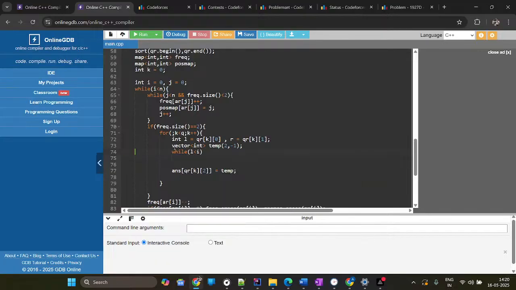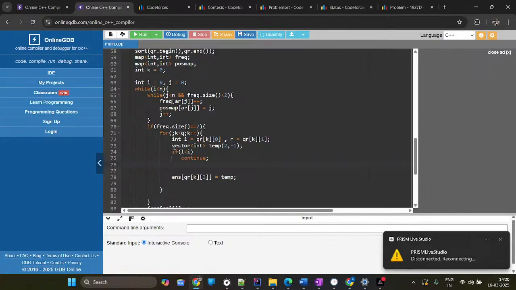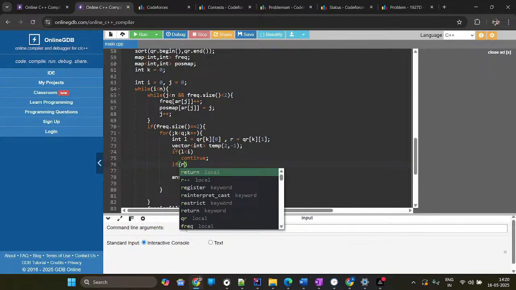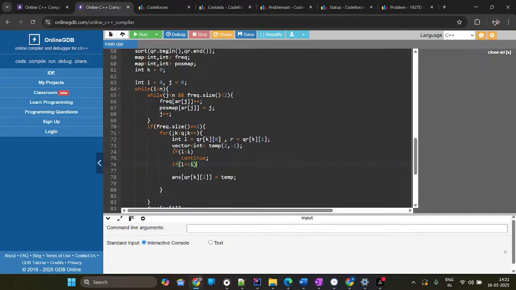I don't need to put while. When L reaches I, now L is equals to I. So I'll just check the right. If right is, what happens if L is greater than, L is equals to I, we do this. Else